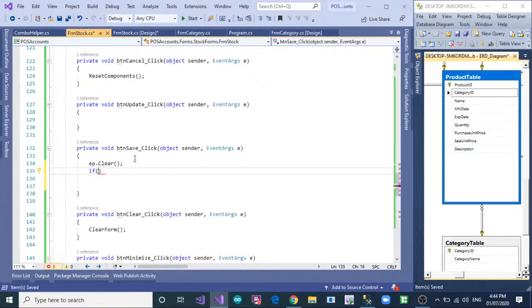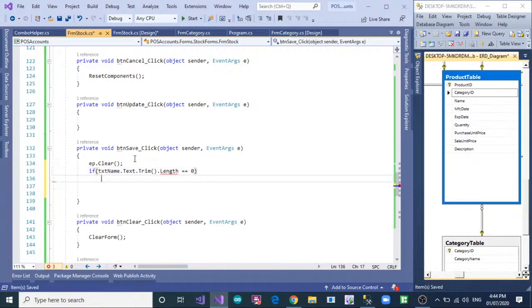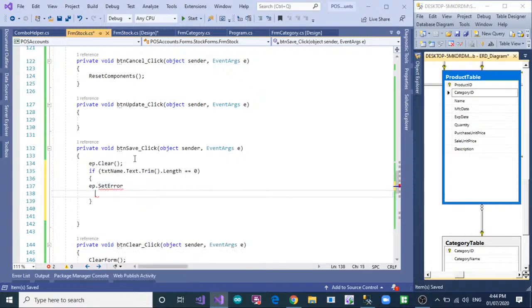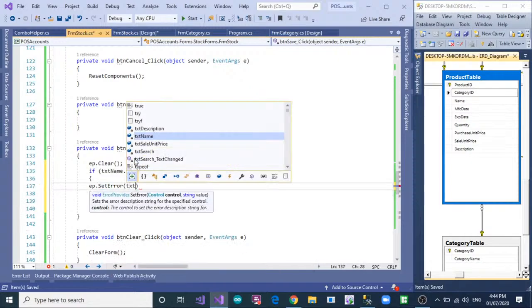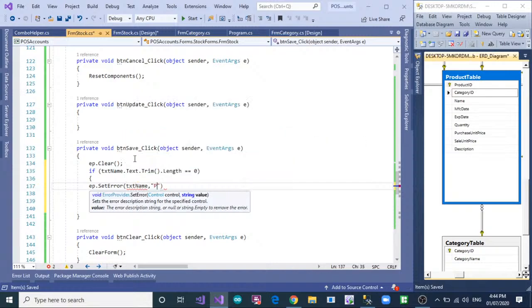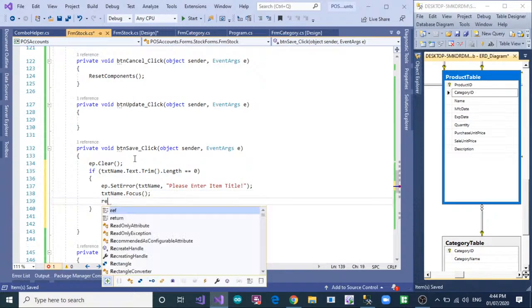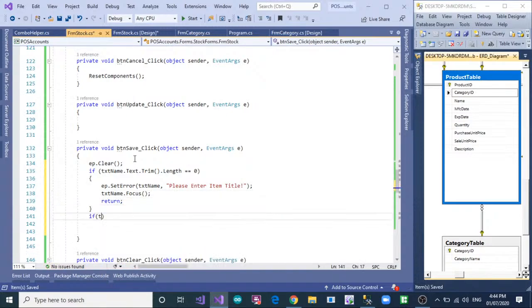if txt name dot text dot trim dot length equal to 0, then ep dot set error txt name comma please enter item title. Now then txt name dot focus and then return. Again if cmb category dot selected index is equal to 0,